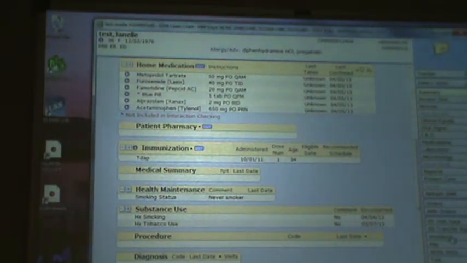Okay, let's go back to our work list. We're not quite ready to go yet. Okay, we go through again, patient,